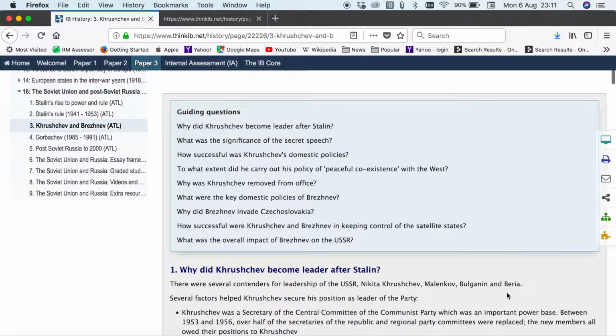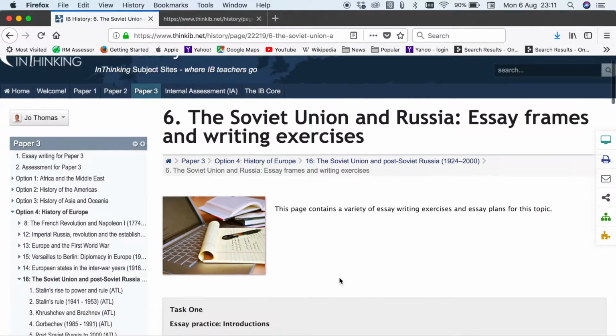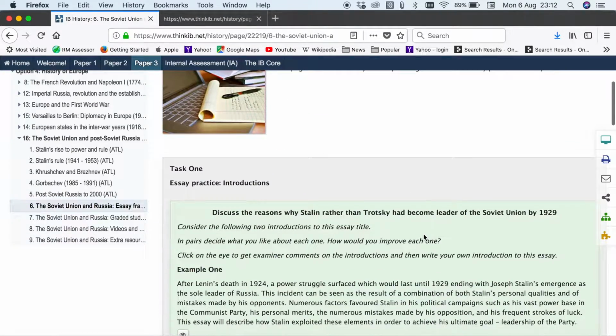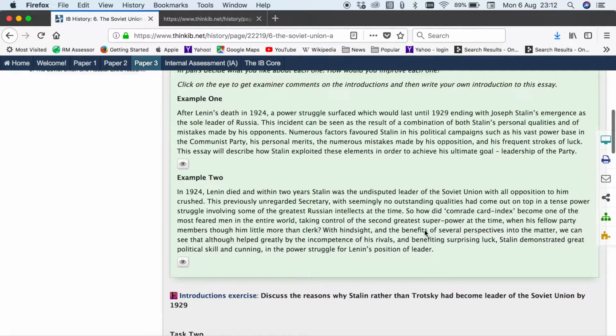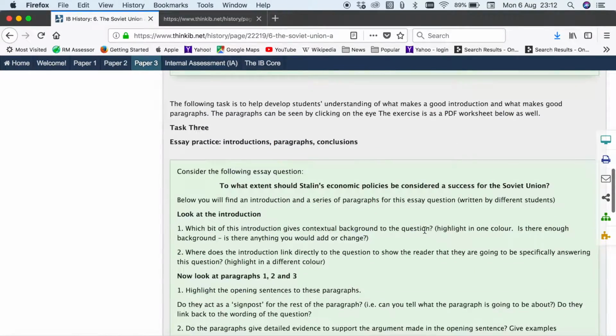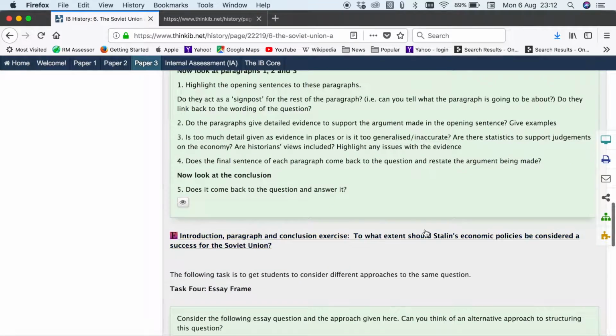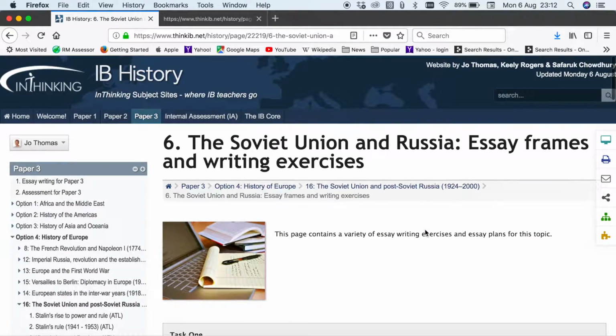That's another alternative. Under each topic, so under topic 16 here, we've got our content areas which link to the IB syllabus. We've also got a key page for each topic, which is essay skills, essay frames and writing exercises. So what you might find here are exercises on writing introductions, as here. Here they've got to comment on that. You might find essay planning skills, activities where students have to look at particular essays and comment on positives and negatives, a whole range of